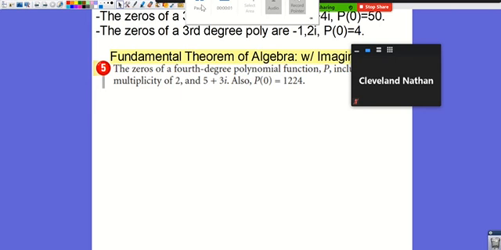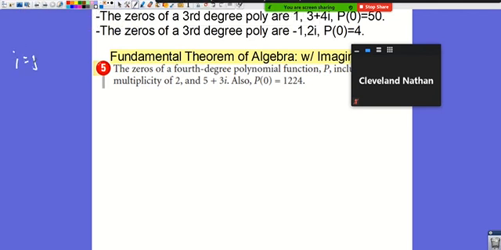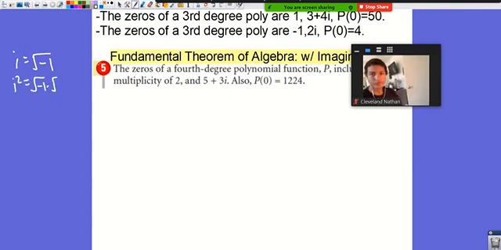The first thing that I want you guys to remember is that i is going to equal the square root of -1, which means i squared is going to be the square root of -1 times the square root of -1, which equals -1. When you multiply a square root of something by itself, the square root just basically disappears. So